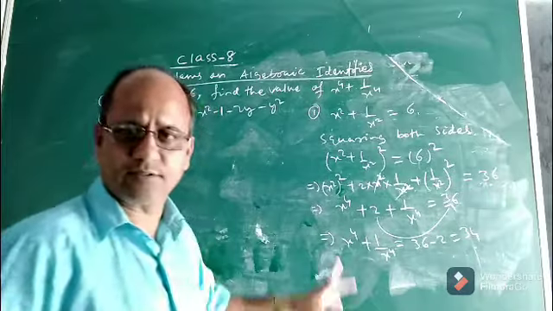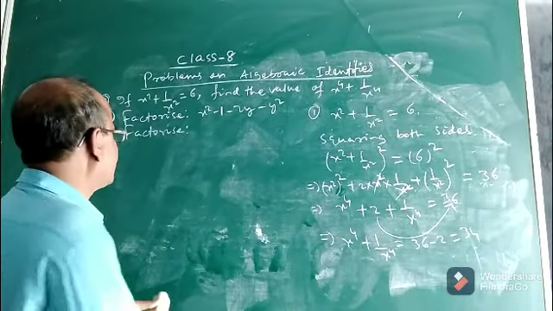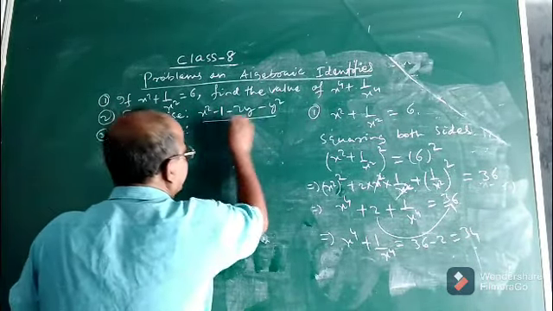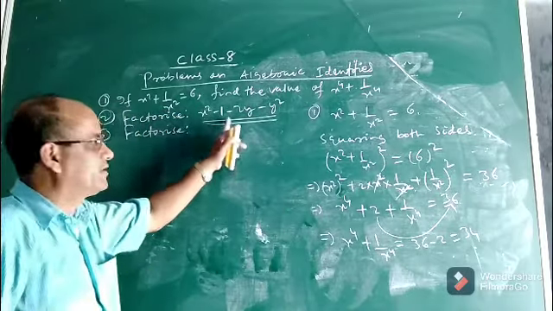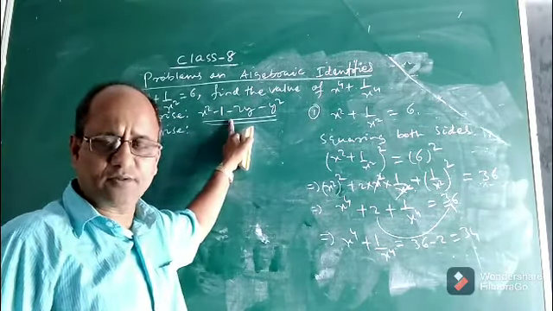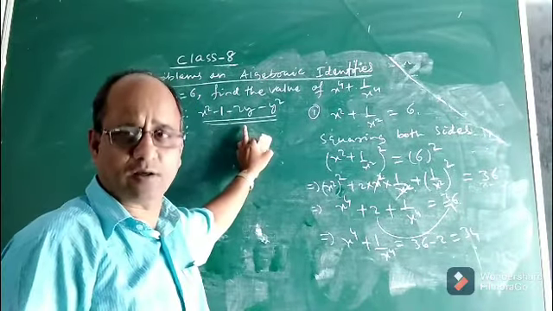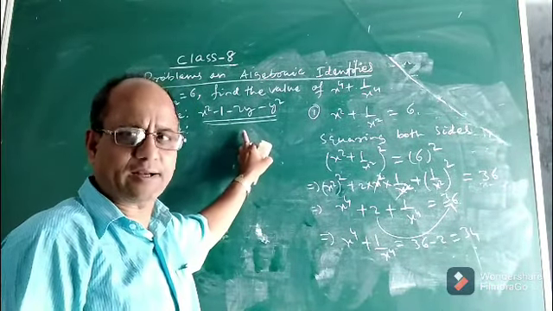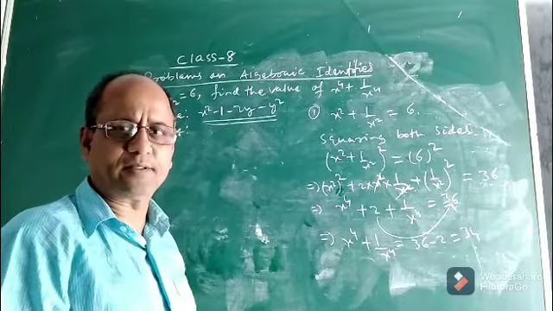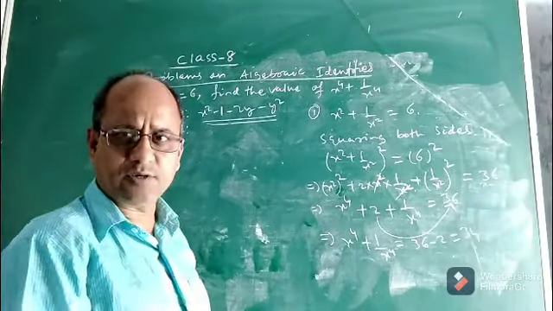Now let us discuss the second question. See, here is a question. Factorize this algebraic expression. Look at this, it is a quadrinomial, there are 4 terms. Now if you look minutely at this quadrinomial, to factorize it, there are different methods, as I said. One method is by using identity.